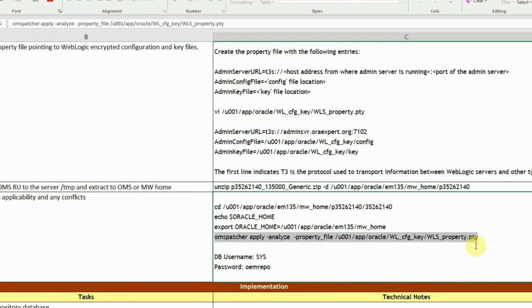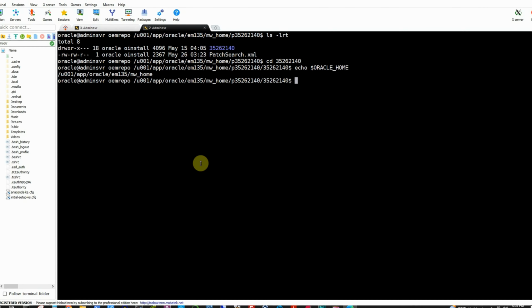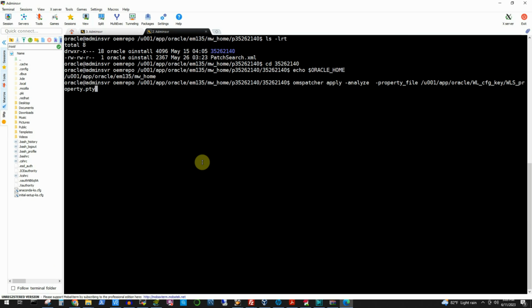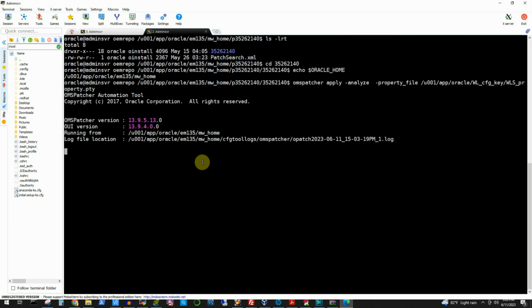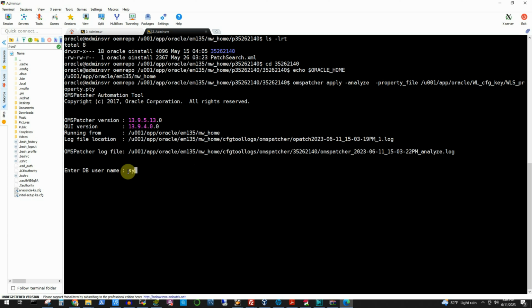We will copy this whole command and paste it and run it. So it will analyze the applicability of the release update, and it will ask for the database username and password, which is going to be our sys user. We will put, and the sys user's password is OEM repo,